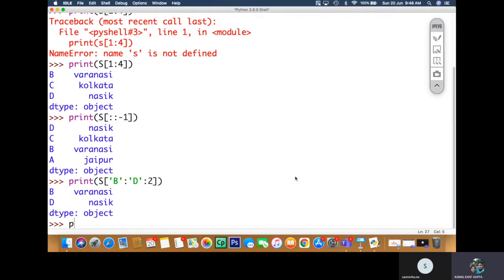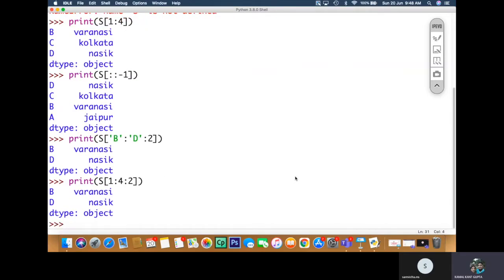But what if I am doing the same type of jump with indexes? Say, for example, I write index 1 to index 4 and take 2 at a time. Let us see whether the same output comes. 1 to 4, I hope the same output should be there. Yes, it is giving the same output, 1 comma 4. Now what does this mean? Taking 2 jump, that means n minus 1.